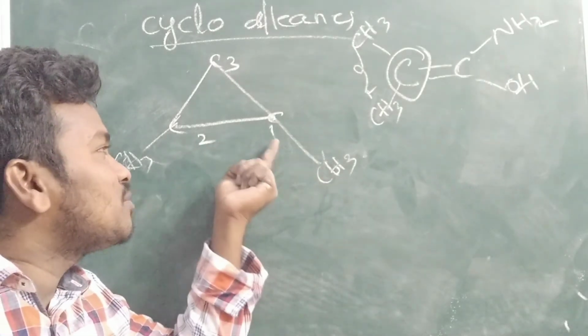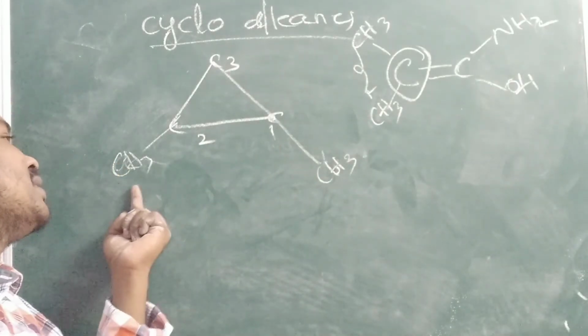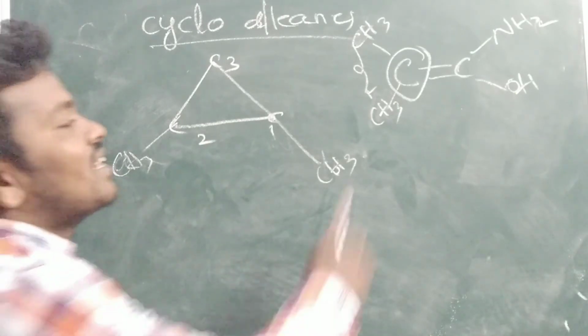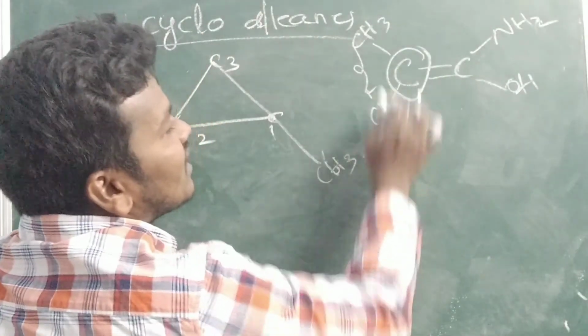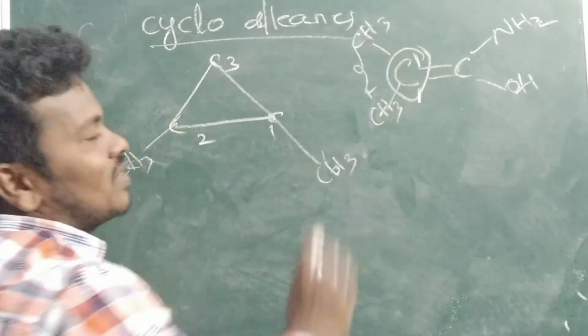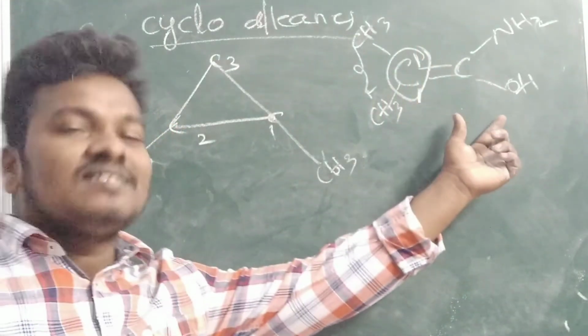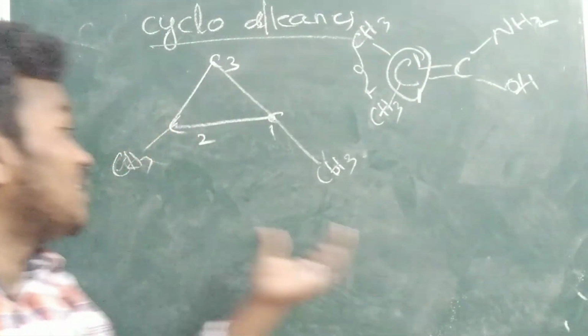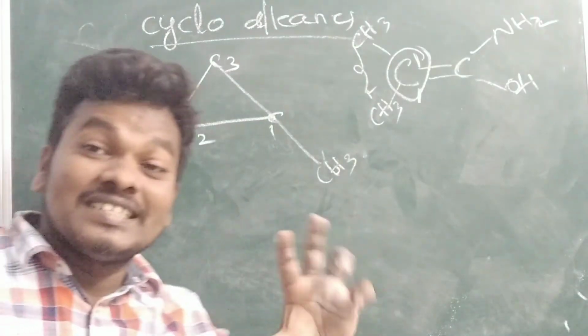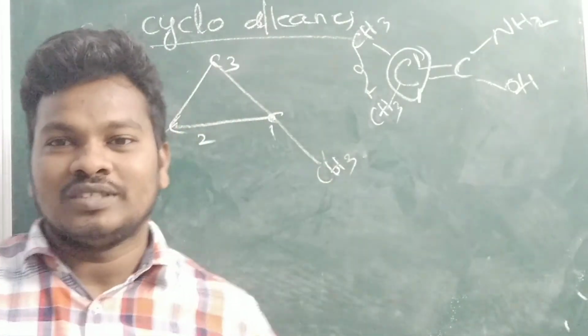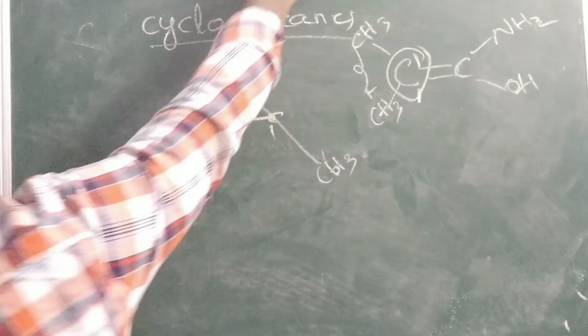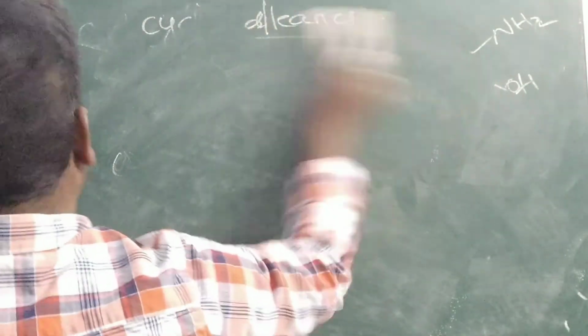Here this methyl is presented on the C1 carbon, this methyl is presented on the C2 carbon. But here this methyl is presented on the C1 carbon, and this methyl is also presented on the C1 carbon. That's why here it doesn't exhibit geometrical isomers. But here it is exhibited, since it is presented on different carbons, you have to see. So now see one example of how it is exhibited. Again, two types will be there. Here you will get the cis and trans.